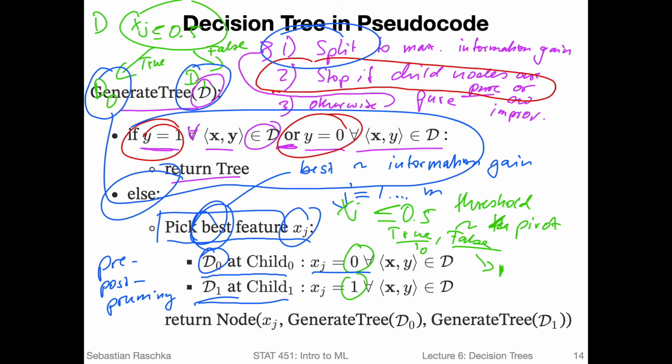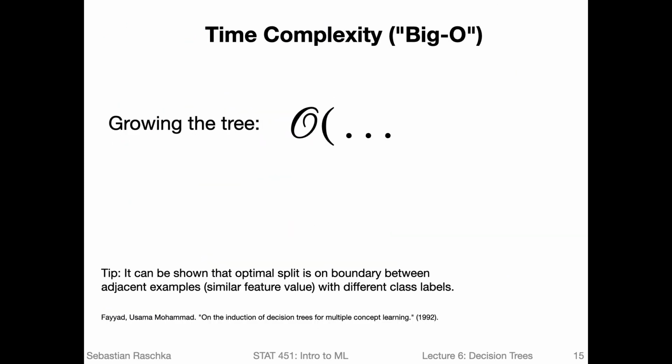So for here, just consider this brief sketch of a decision tree algorithm implemented during recursion. The reason why I'm showing you this here is so I can wrap up this video by briefly talking about the time complexity of growing a decision tree. Computing the time complexity for a decision tree when we are growing it is actually a little bit complicated.